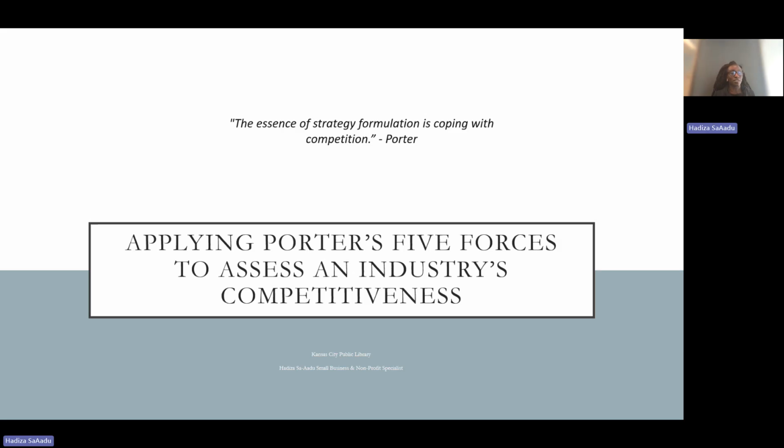So you can rest assured, if you use this model and haven't used it before, that it is born from academia and comes from a lot of rigorous study. Ultimately, what Porter's Five Forces can do is help any enterprise, any business, determine the intensity of competition within an industry.